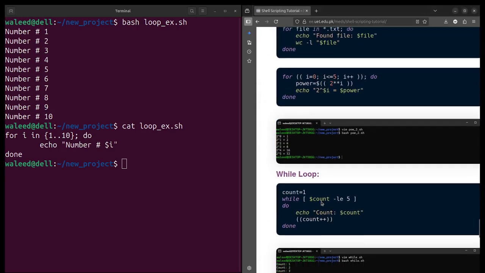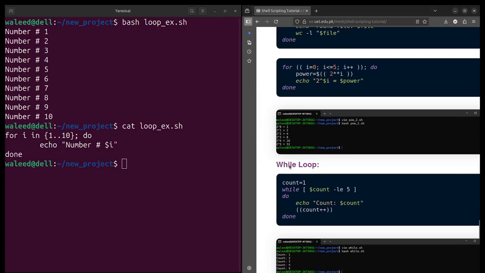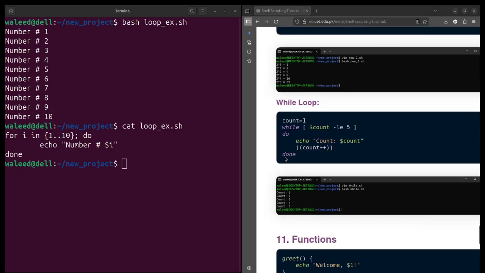Loops also include the while loop, which serves the same purpose as the for loop. Let's take an example of a while loop. For example, you have to print from 1 to 5, like you have to count something till 5.